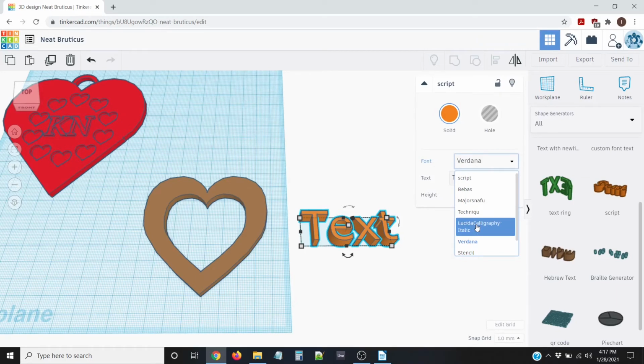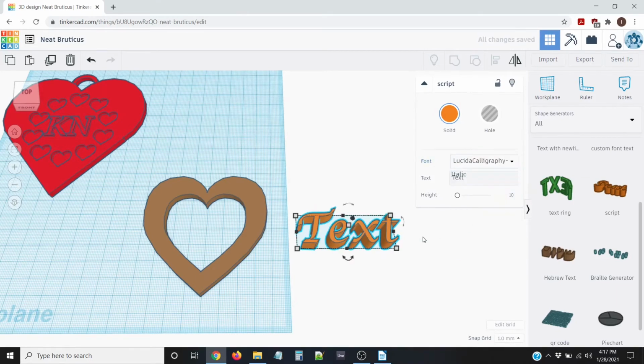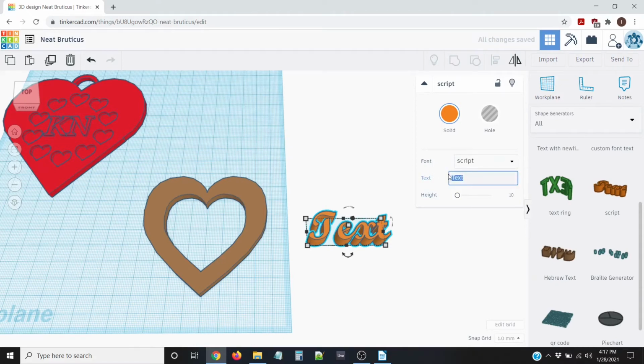I'm going to see what this Lucinda calligraphy italic looks like. That's pretty interesting looking. I think I might actually just stick with the script text right there as the font. So now I'm going to change the text to say, instead of text, love you,